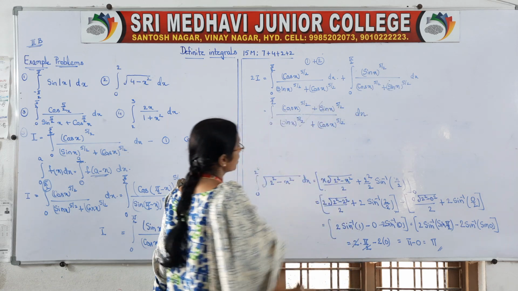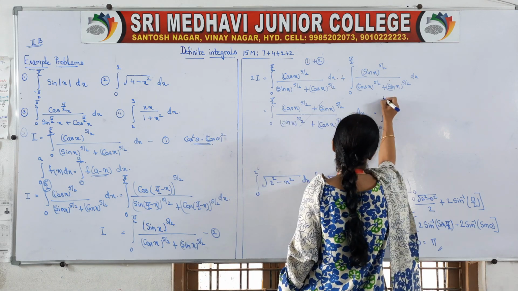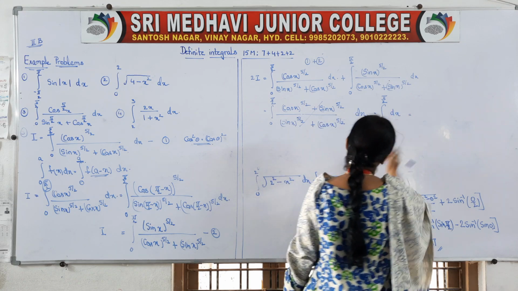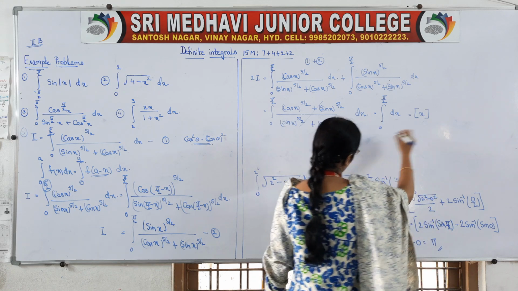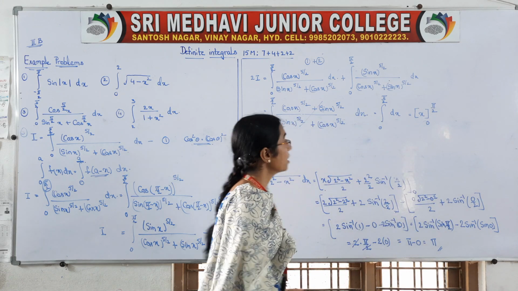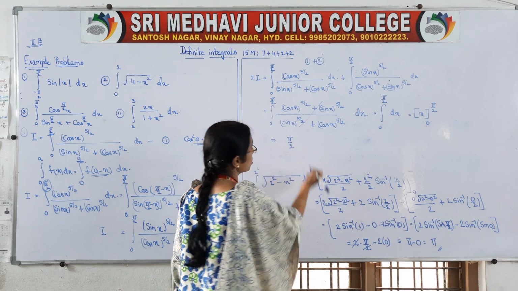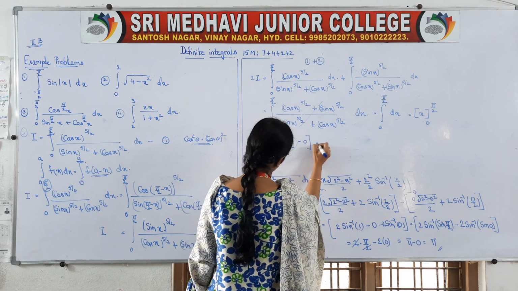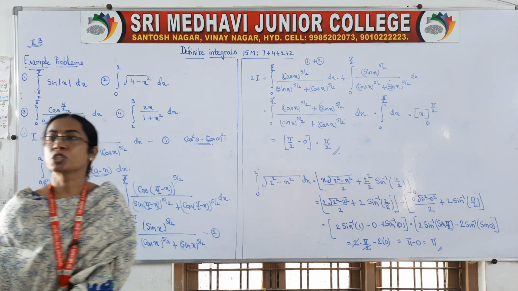Both are same, so we'll get cancel. So it is equal to integral 0 to pi by 2. What is the leftover value? dx. Integral dx is x. It is most repeated formula again, isn't it? Once it is over, on the right side we have to write the limits. So in that derived function, in x place we have to substitute upper limit minus lower limit. So it is equal to pi by 2. That is the answer of this question.